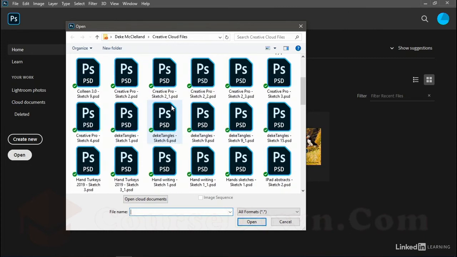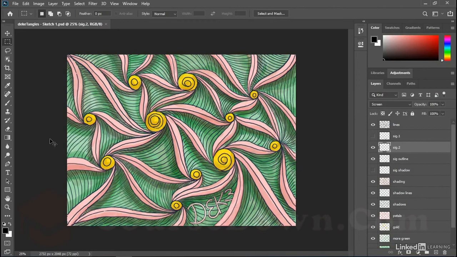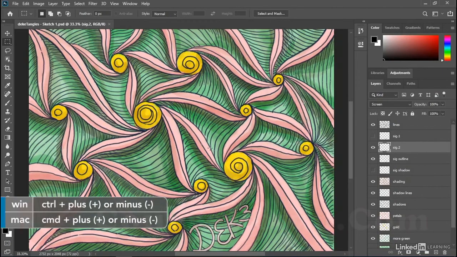For example, if I scroll down a little bit here, I can find this file called Dectangles. You're not going to see it. I'm not providing this to you because it just happens to be one of my Creative Cloud files that I created in Adobe Sketch running on an iPad. And so if I click Open, then I am seeing that image complete with all of its layers over here